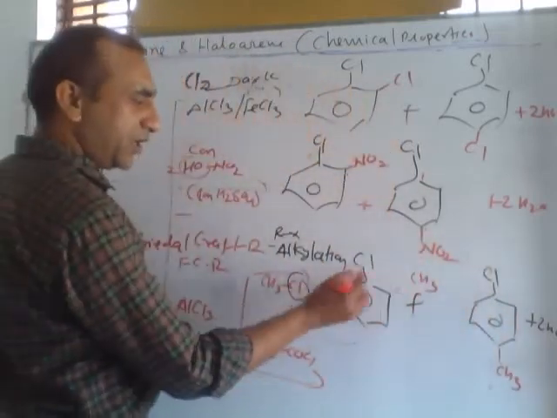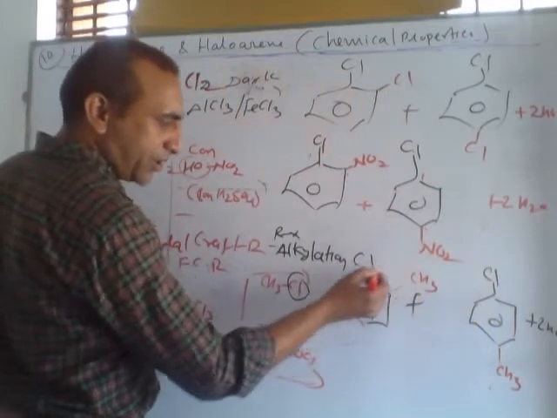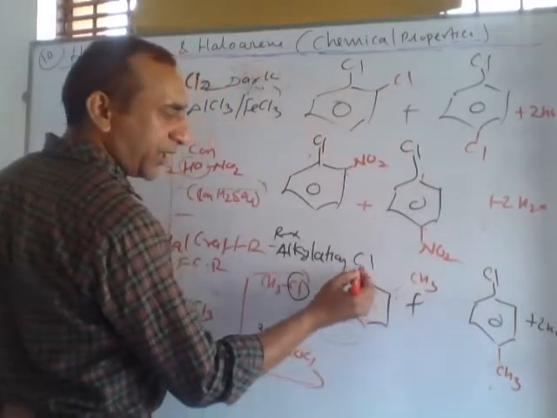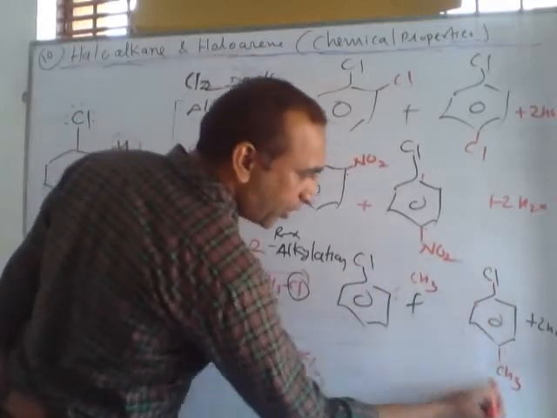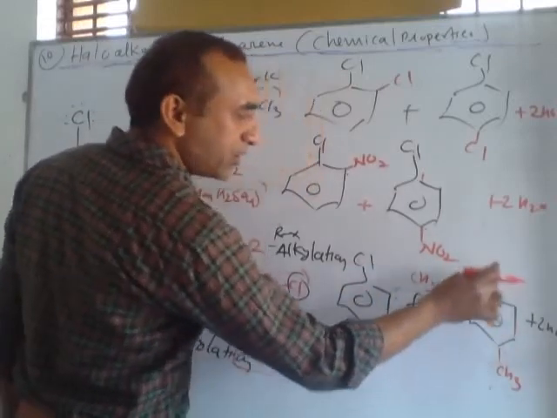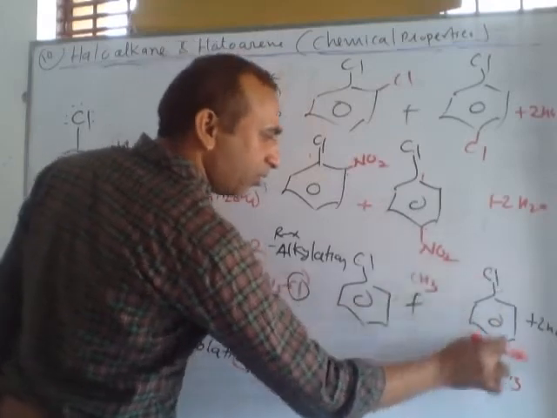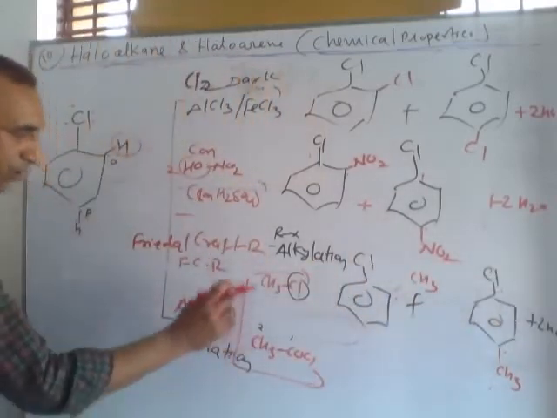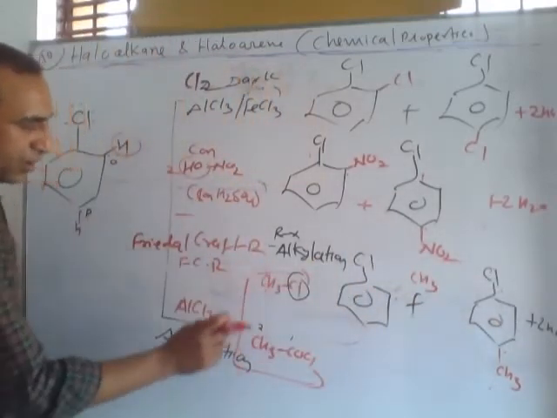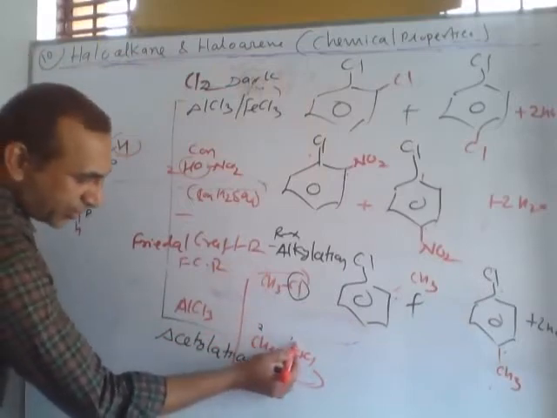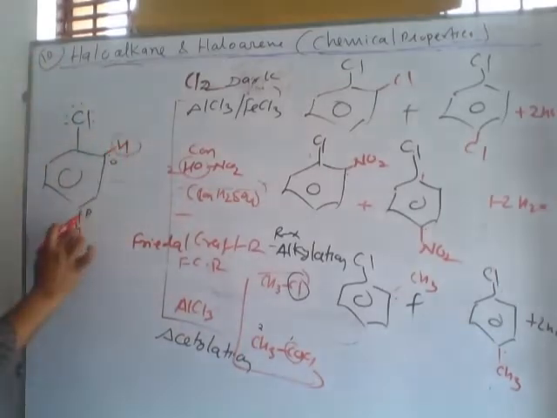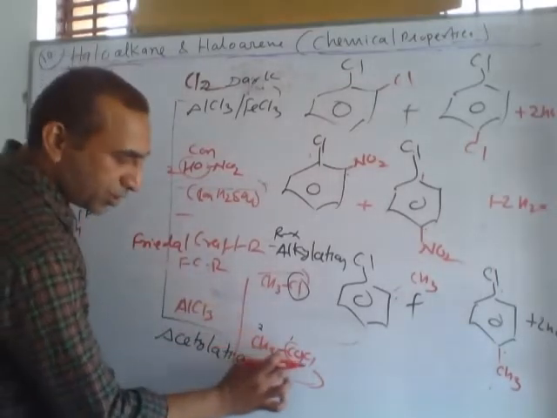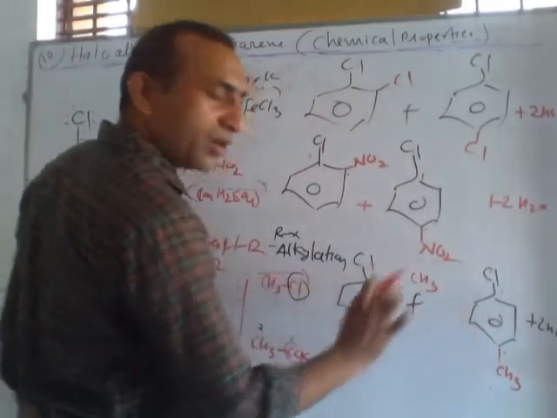First compound, numbering from here, is called toluene. On the second carbon chlorine, so this is called 2-chlorotoluene. This, from here, is toluene. On the fourth carbon chlorine, this is called para-chloro, otherwise 4-chlorotoluene. What is the difference between these two? In this compound there is an extra CO group connected. This chlorine is removed with these two hydrogens and the remaining CH3CO group is connected at the ortho and para positions.